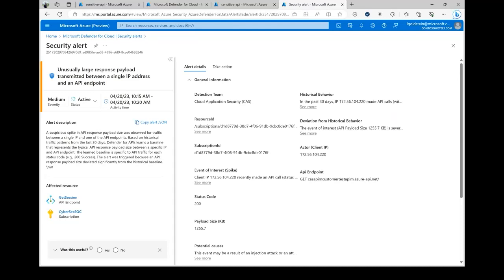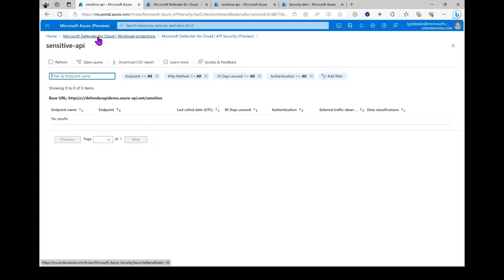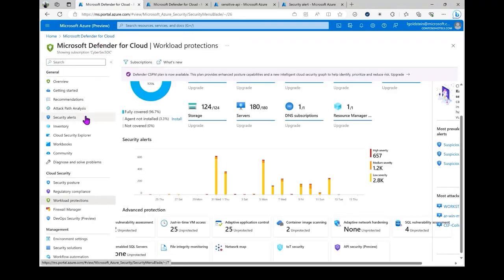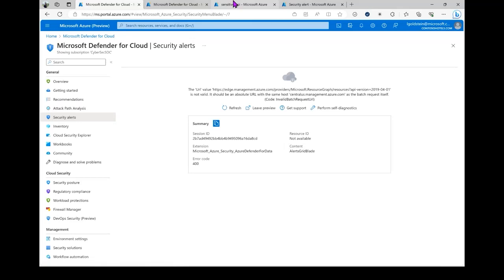So we include runtime monitoring support for a set of these machine learning based detections that assess APIs against the OWASP API top 10 risks, and they include detections for broken authorization, broken authentication, injection attacks, excessive data exposure, and lack of rate limiting. And these are all available within the security alerts blade within Defender for Cloud. So if my portal were working perfectly, then you would be able to get there through security alerts, and we'll see if this opens, but it would be present within security alerts.